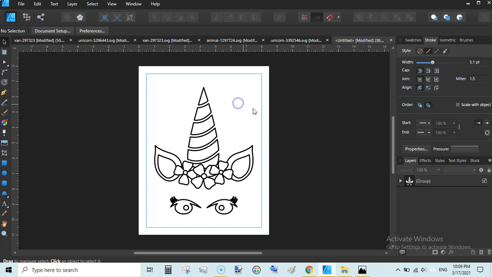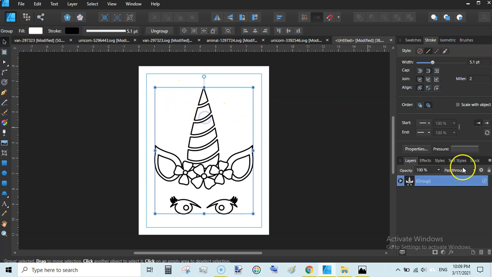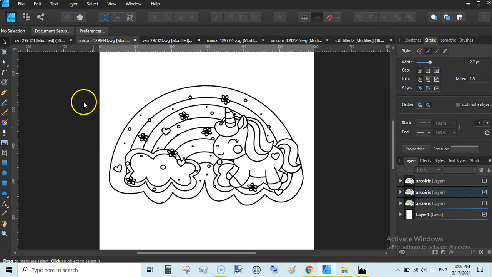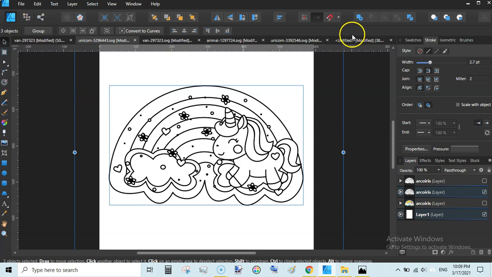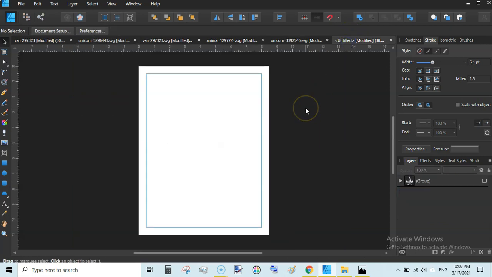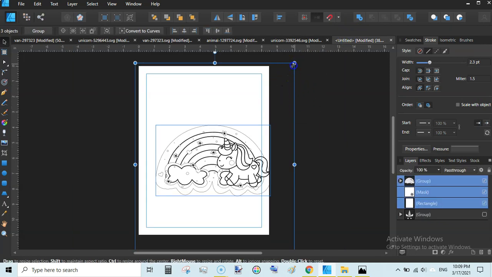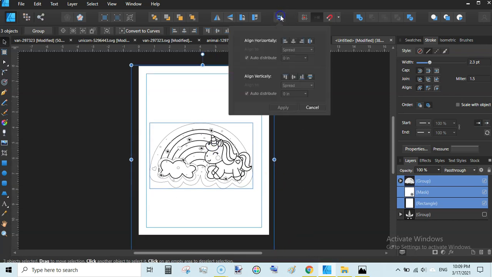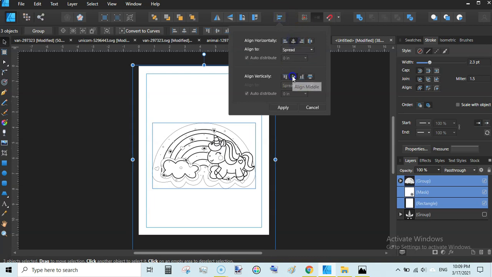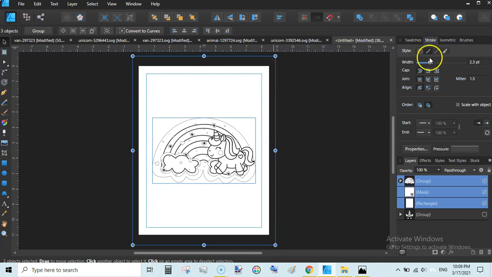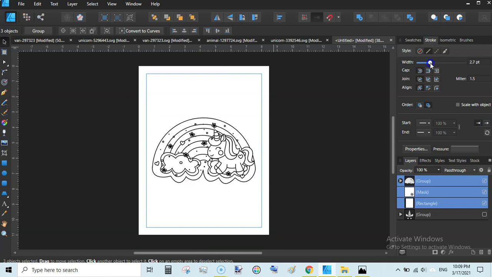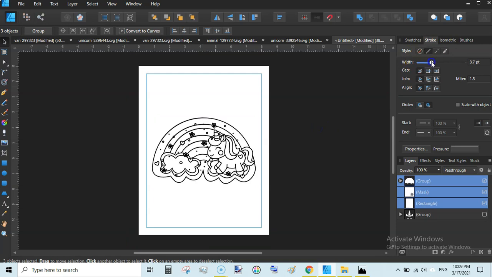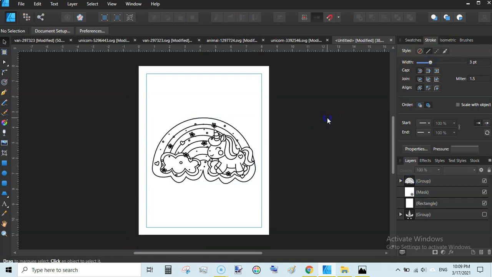Let's try another one. Just hide this one and go back to this page, Ctrl+A, Ctrl+C and come back here onto our coloring page and Ctrl+V here and just reduce the size like this and then go back to alignment option, align center and align middle, and then come here onto the stroke and raise the stroke like this to 3 points.